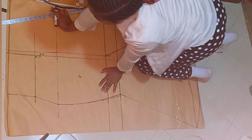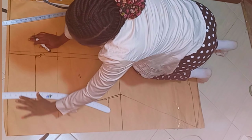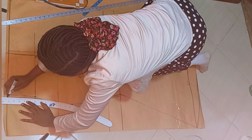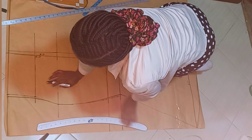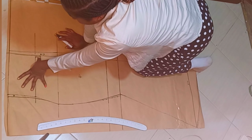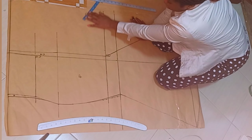Like you see, I reduced the back by half and then returned it to the side. That is only going to be reflecting for my back, so blend it into your hip line like that, and this is all only going to be reflecting on my back. So I'll show you what I mean when I'm cutting. So this is the back. All right, so that is the back,